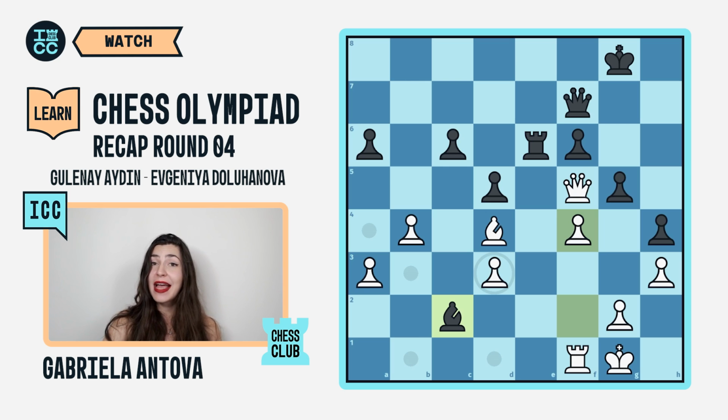The problem for black is that in case of g takes f4, rook takes f4, the white rook is joining the party, and the combination of a queen, rook, and a bishop against the black king is going to be deadly. That's why Evgenia tried to minimize the damage and she played the move g4, sacrificing a pawn, hoping to keep